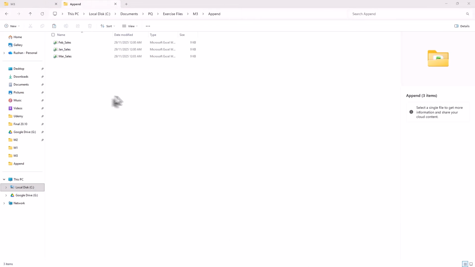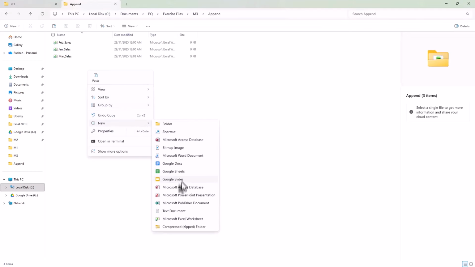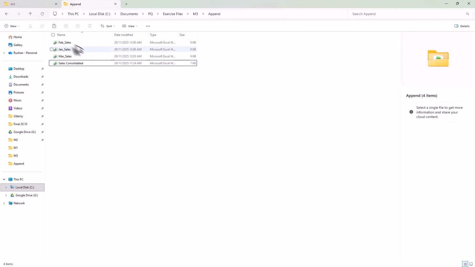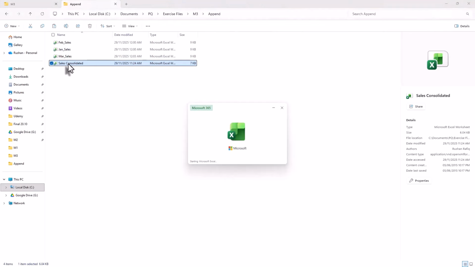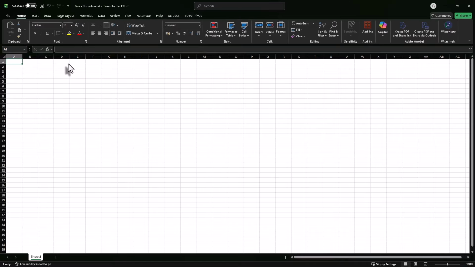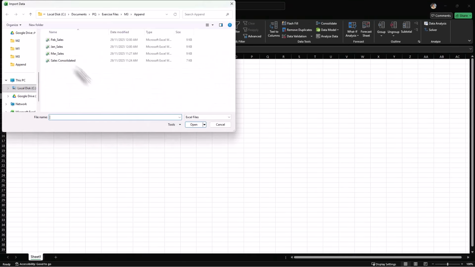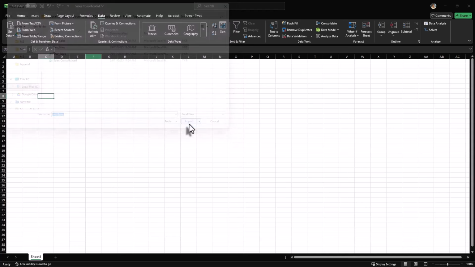Let's go ahead and set up a new Excel file. I will name it Sales Consolidated. Then we will connect this file to each of the monthly source data files using Power Query. So I'll go to the Data tab, get data from Excel Workbook, select the Jan file first,